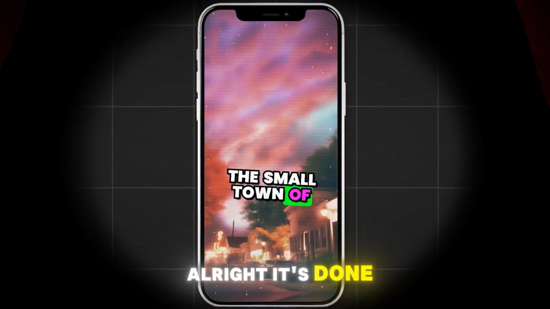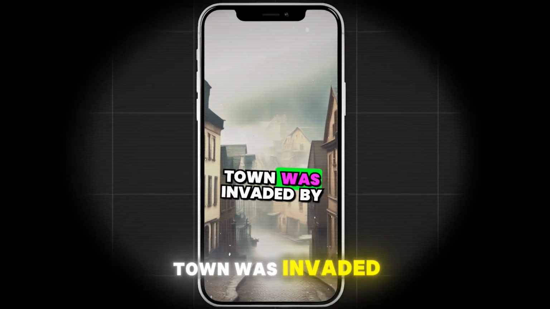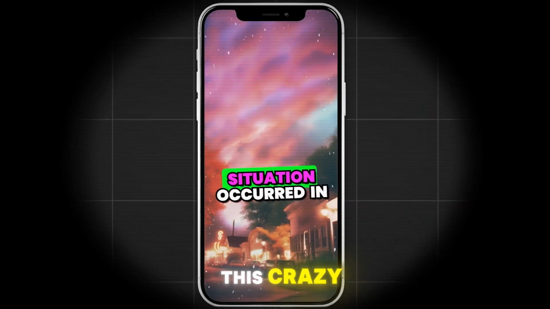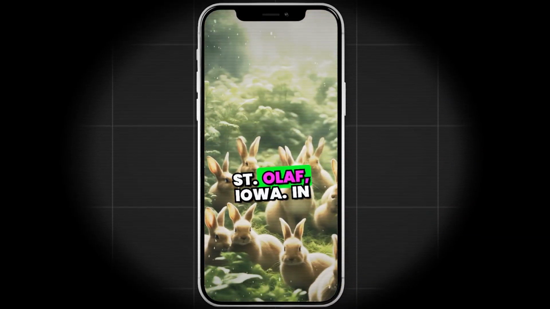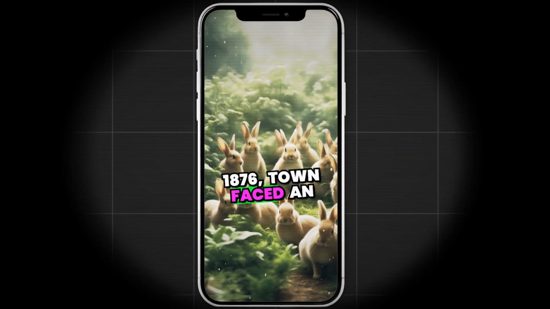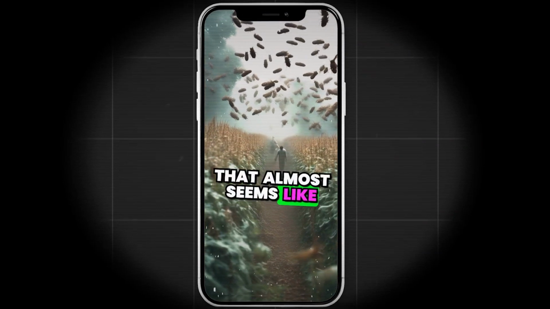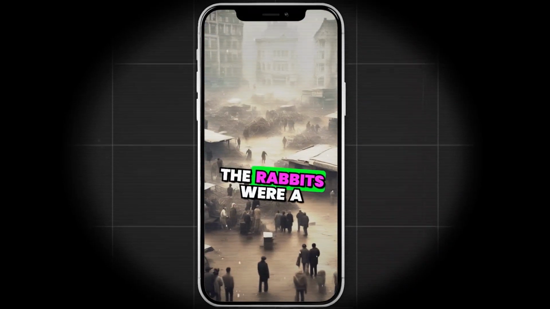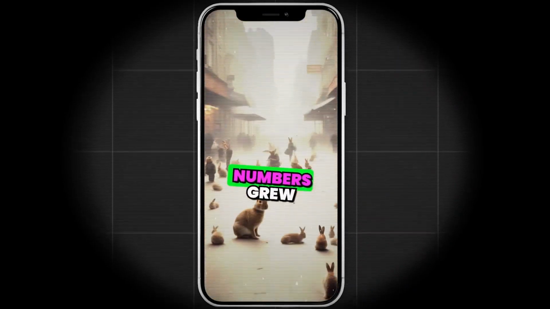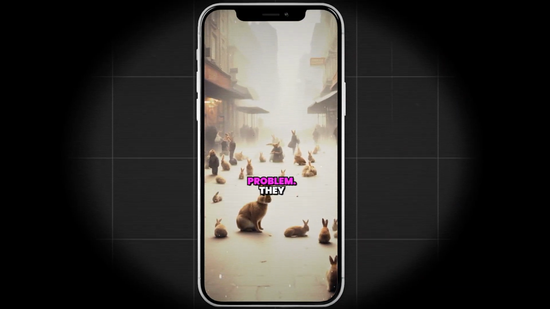All right, it's done. Did you know about the time when a U.S. town was invaded by rabbits? This crazy situation occurred in the small town of St. Olaf, Iowa in 1876. The town faced an invasion of rabbits that almost seems like something out of a storybook. Initially, the rabbits were a minor nuisance, but as their numbers grew exponentially, it became a significant